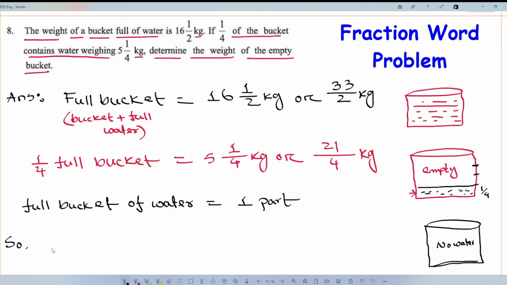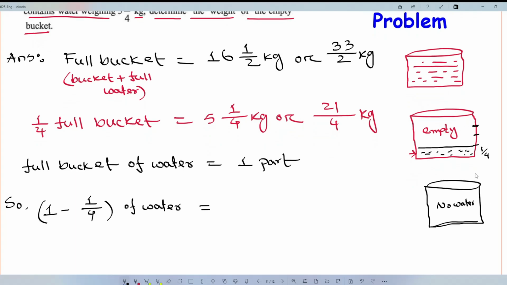So 1 minus 1/4 of water equals, so this one we can write, it means difference between full of water and 1/4 water. It means 33 divided by 2 minus 21/4